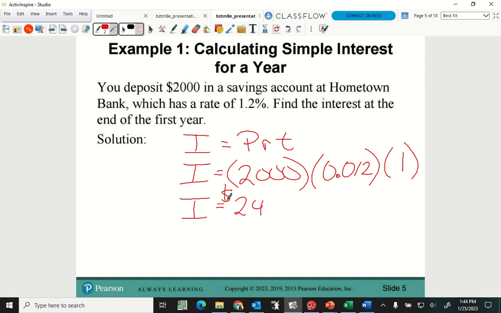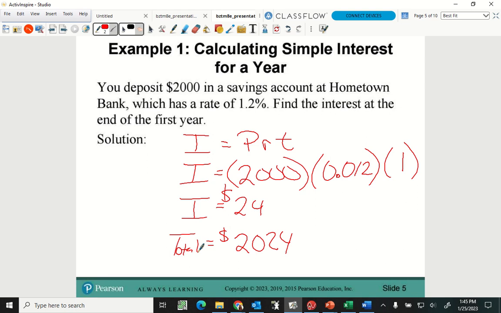What's my total in the account? 2024. There we go. That's the total in the account after 1 year, and that would be total, T-O-T-A-L. Now, the difference between this and compound interest